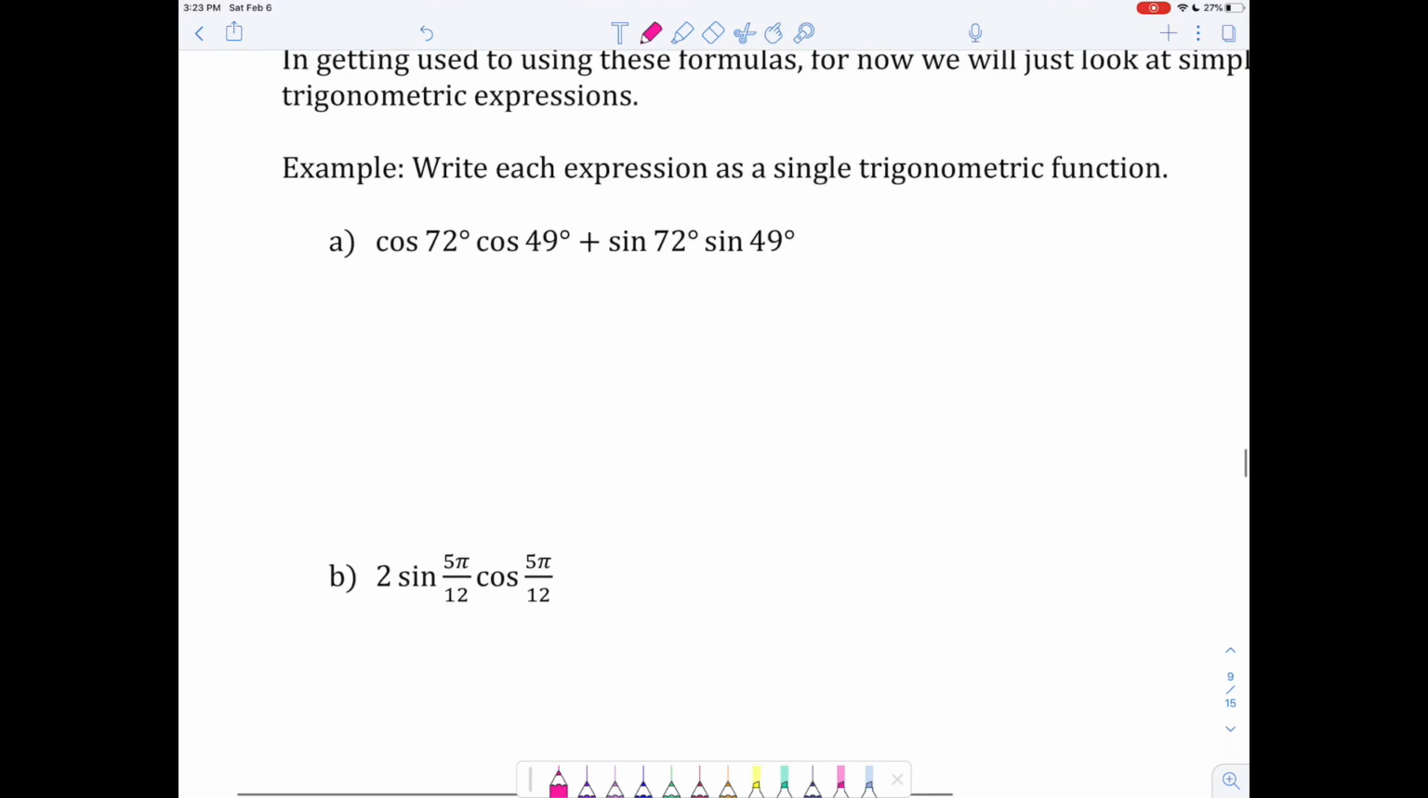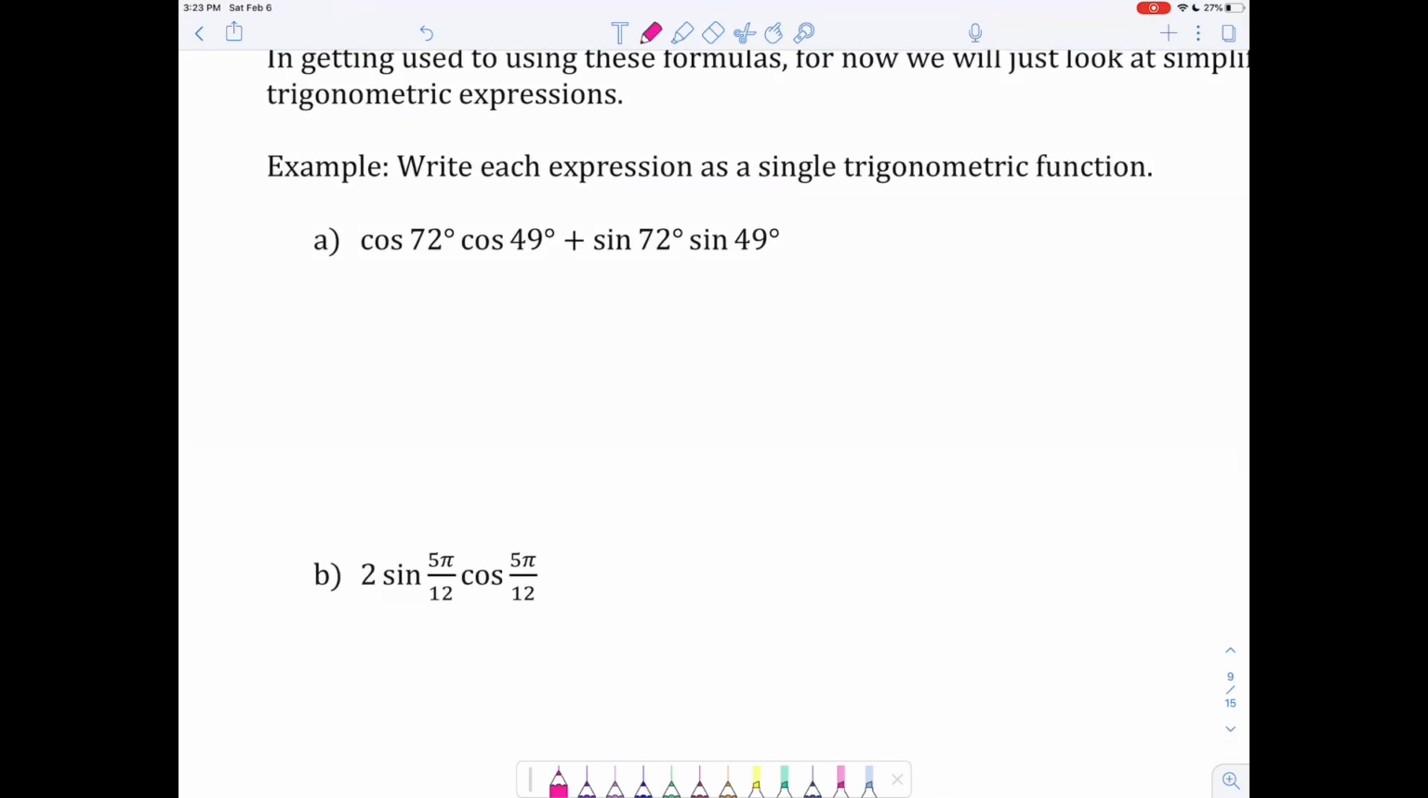We're going to write each of these expressions as a single trig function. Now, it doesn't say we have to evaluate or anything. It's just that we have to write it as a single trig function. Okay. Well, what we're going to look for is really patterns. Here I've got cos times cos plus sine times sine of some angles. And what I'm thinking is that this looks kind of like something to do with cosine,